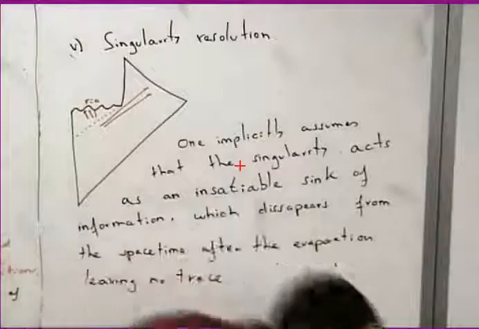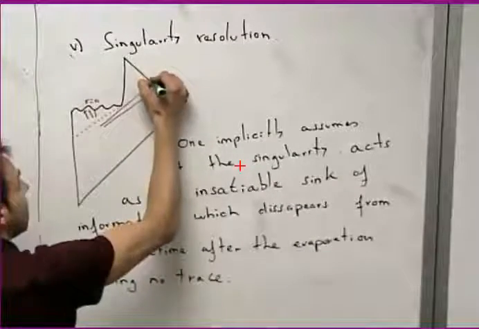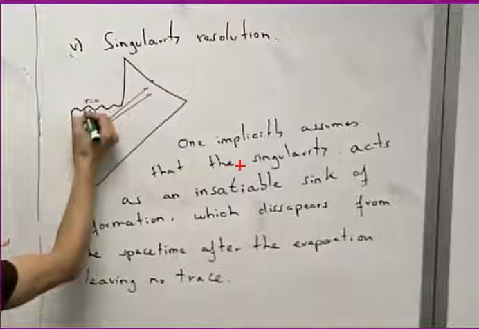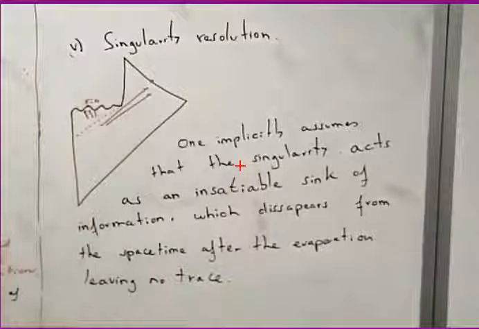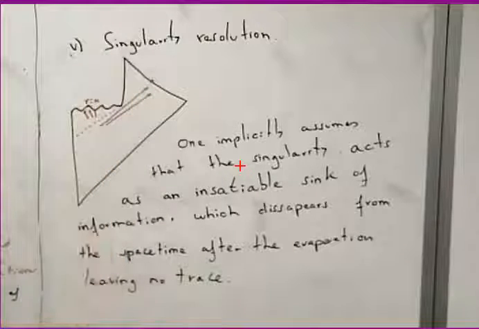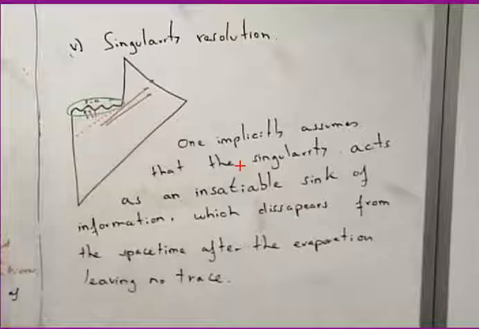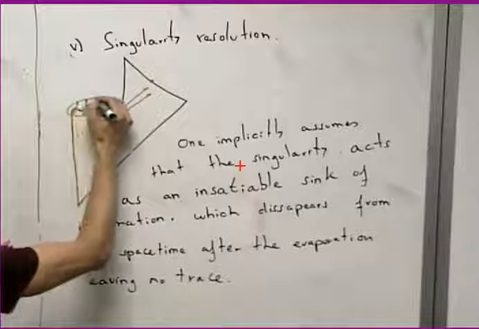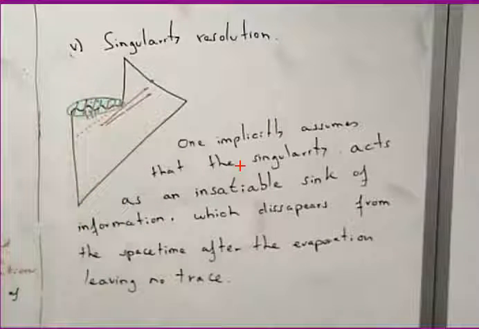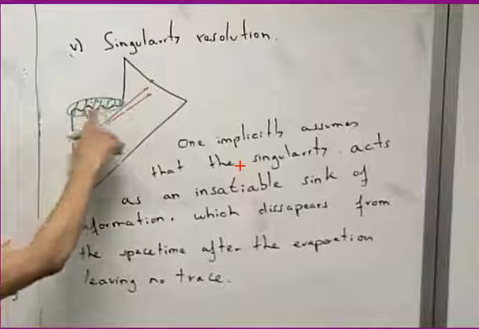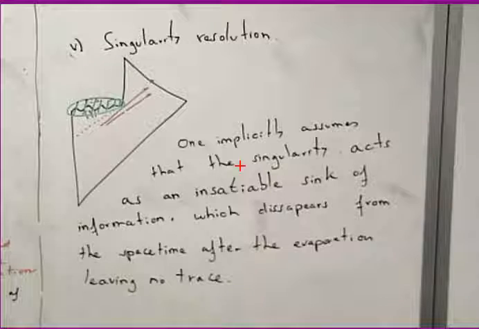Again, each Hawking quantum reaching here is 100% correlated with a quantum going here. So the singularity is just absorbing as much information as you want, and in this picture you say that after some time it disappears, and there is no trace in the space-time. So to me, the problem is here. It is difficult to make statements about what happens with information if you don't tell me what happens here. I think it is almost impossible to clarify the situation unless we clarify what is going on here.